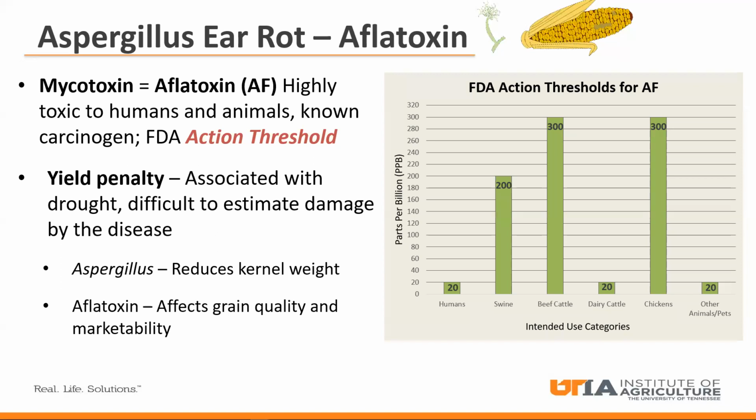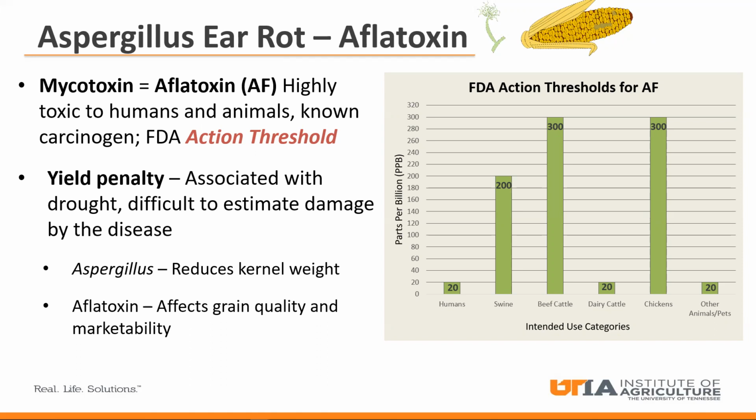When we're talking about yield penalties for Aspergillus ear rot, this is usually associated with drought, and it's very difficult to estimate the actual damage by the disease. Aspergillus ear rot, the fungus itself, can reduce kernel weight, which can have an impact on yield. But more concerning would be the aflatoxin that's produced, because this affects grain quality and marketability, mainly through that